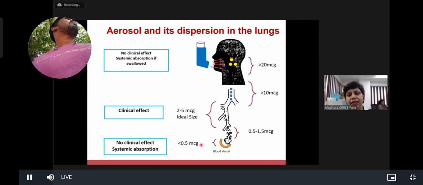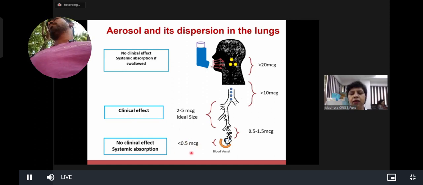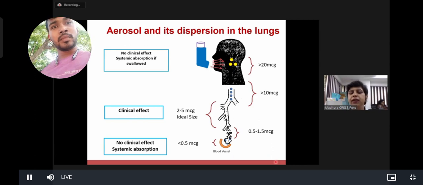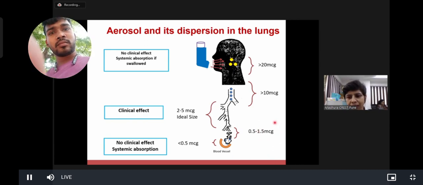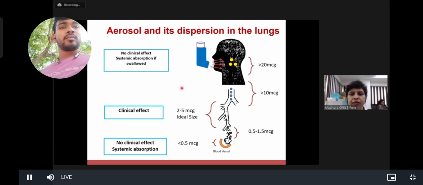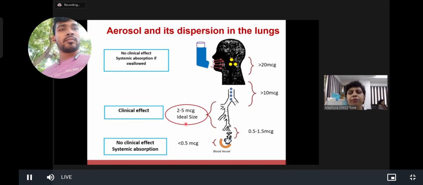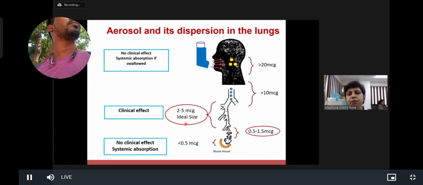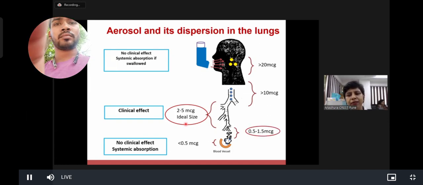And less than 0.5 micrograms, they remain in the alveoli. They are either absorbed in the blood vessel or they are exhaled out. But there is another particle size, 0.5 to 1.5 micrograms. So until recently we used to believe that this is the particle size that is ideal for clinical effect, but newer advances have found that the particle size from 0.5 to 1 micron